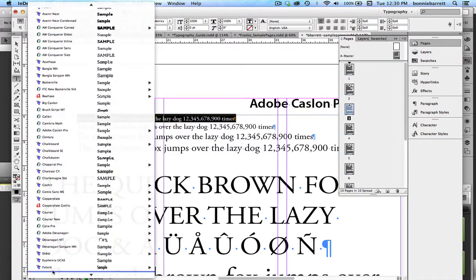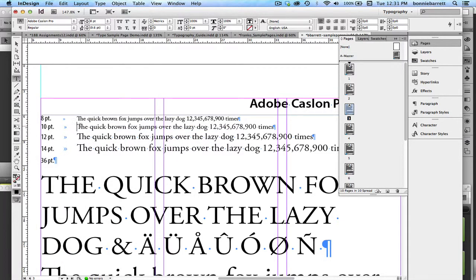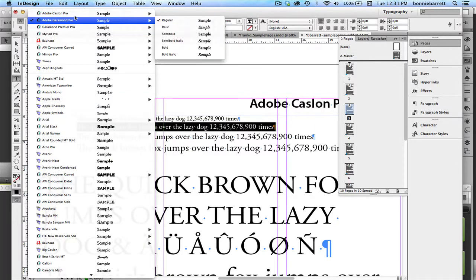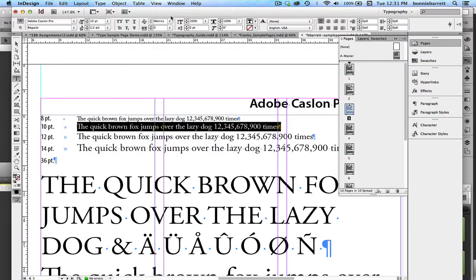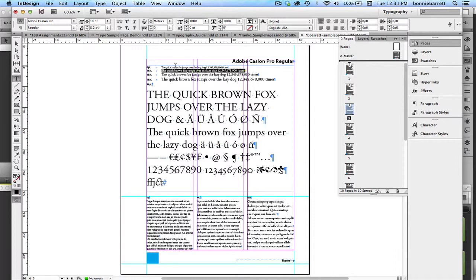And you can go ahead and choose whatever typefaces you have in your menu. There's Adobe Caslon Pro, one of my personal favorites. And you can just go through, and once I've chosen it, it'll be up there at the top. And you can just go through and change the entire page as you see fit. And there we are. So once you have gone through all 10 pages,